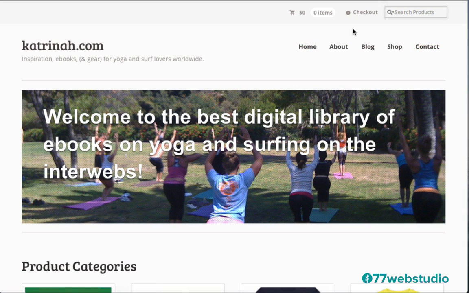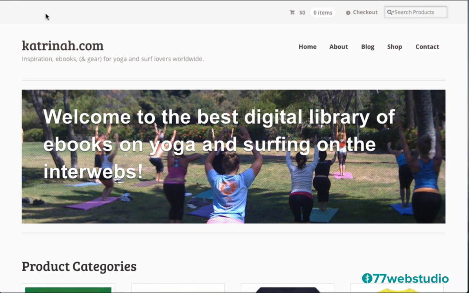So let's take a quick look around the responsive e-commerce website we'll be building in this video. So here we are on the home page, and we can see at the top on the left we have the website name and a short tagline. You can also include your logo if you'd like in this area. Then on the right hand side you'll have your menu navigation area, and just above that you'll have some different online store e-commerce features, including the checkout button and a really cool box here where anyone can easily search for products in your product catalog.